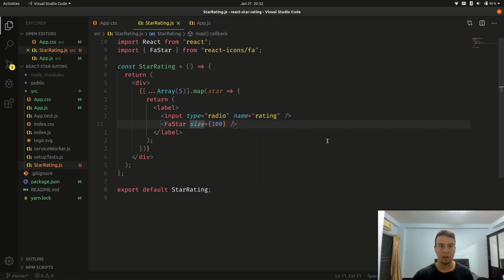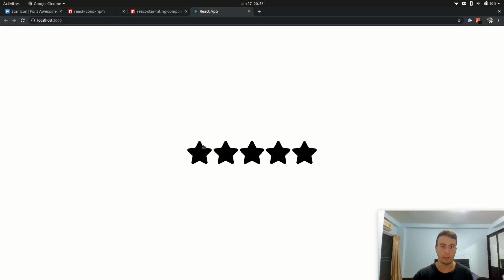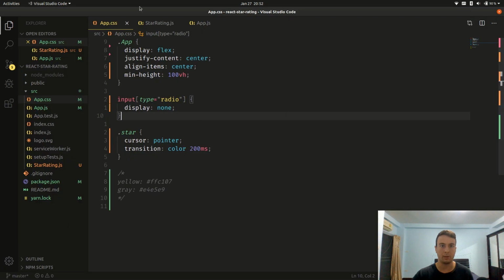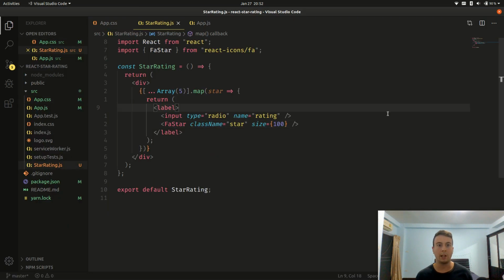And let me give this the class of star. I just set some CSS so it'll give us the pointer whenever we hover over it. It just looks nicer, feels more interactive. Okay, so when we click on each of these radio buttons, we want it to register as a rating from 1 to 5. So let me just